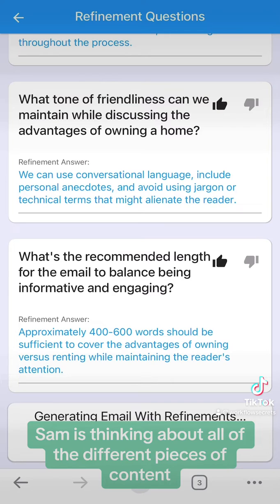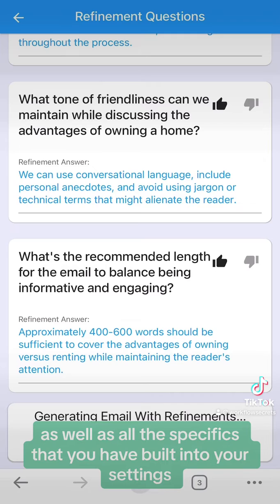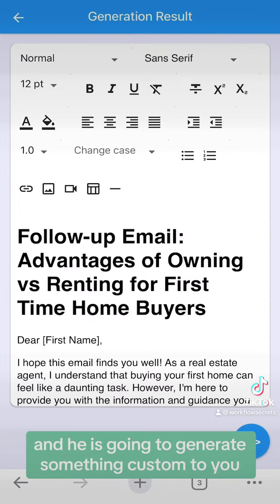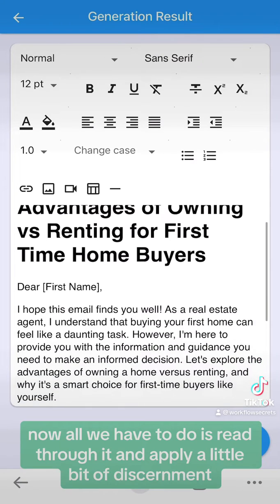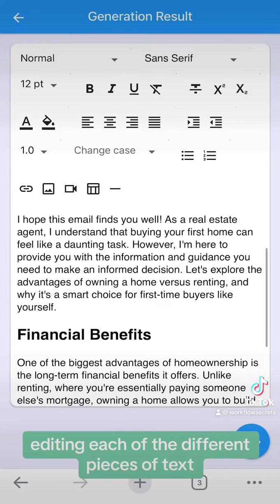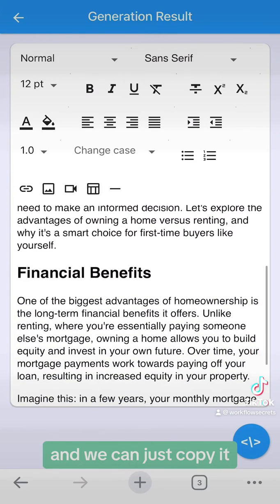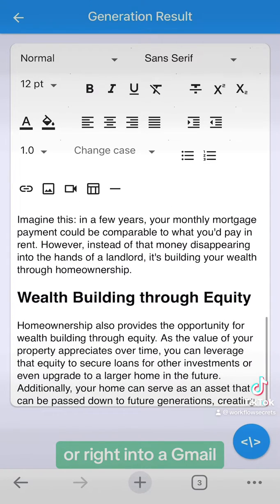Sam is thinking about all of the different pieces of content, how you answered all of the questions, as well as all of the specifics that you have built into your settings, and he is going to generate something custom to you. It's never before been seen. Now all we have to do is read through it and apply a little bit of discernment, editing each of the different pieces of text, and we can just copy it, send it over to our CRM or right into